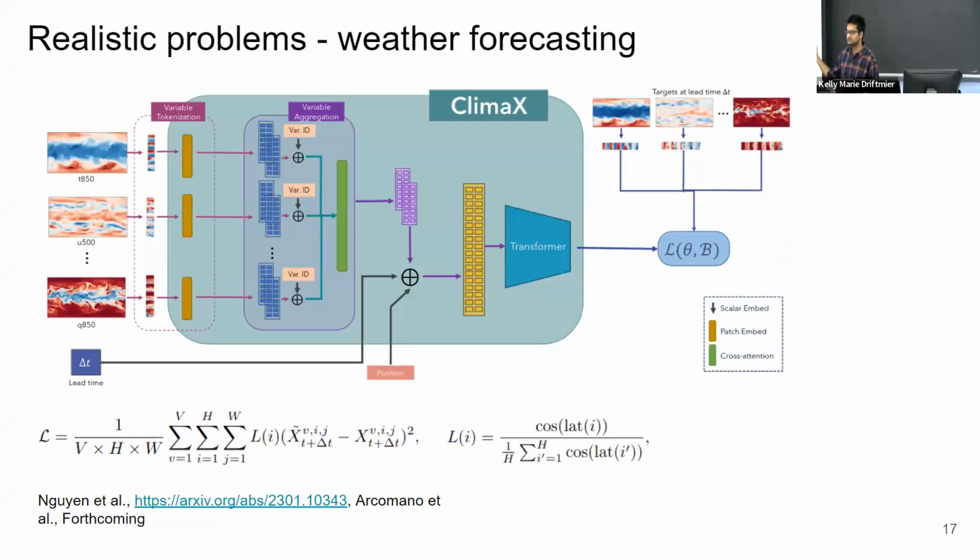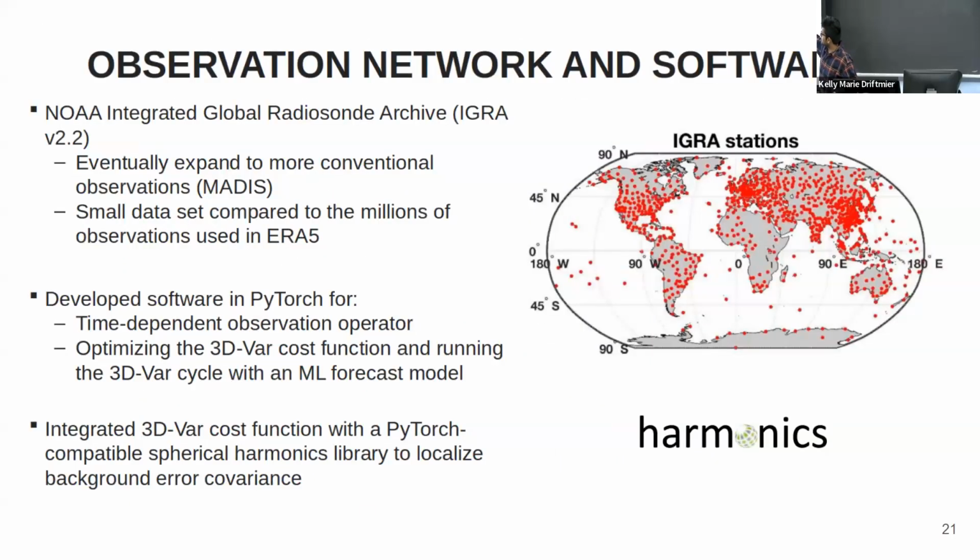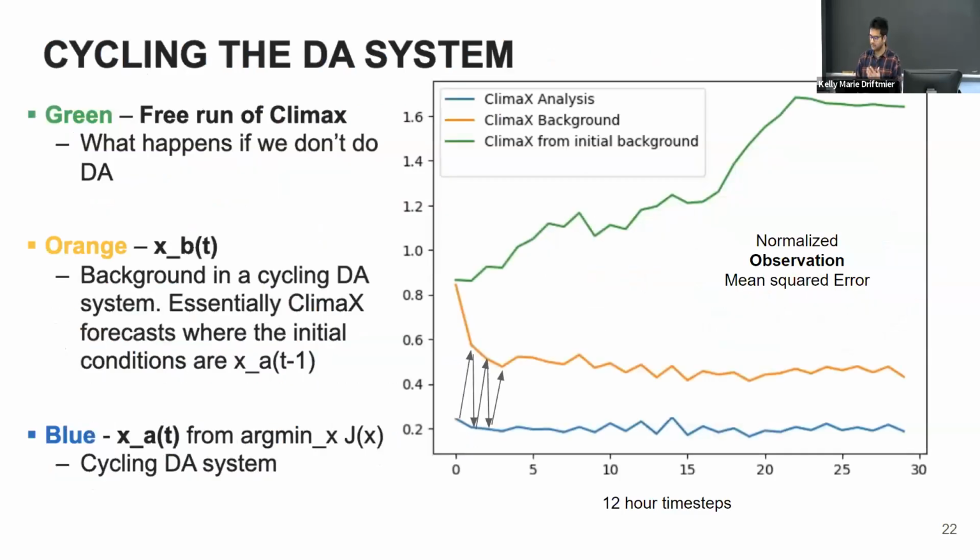Now, h of x is a torch function. To compute d by dx of h of x is just loss dot backward because of automatic differentiation. That's the benefit of these methods, the outer loop application. So once we do that, we looked at some real world observations of weather balloons launched and then collected data. I won't go into this anymore. I'd be happy to come back and give you more results, but we were able to see that